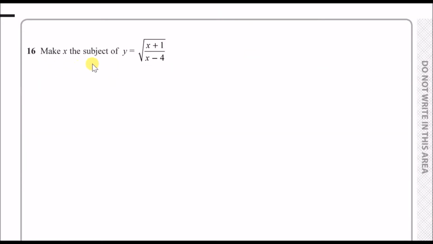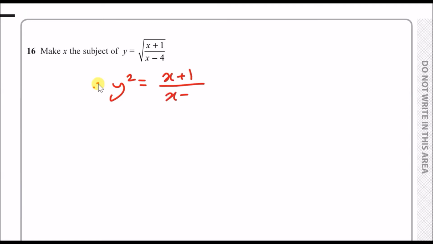Make x the subject of y. Okay, so what we need to do here, guys, is to get rid of the square root, and the opposite of square rooting is squaring both sides. So what I'm trying to say here is that we're now going to have y squared equals x plus 1